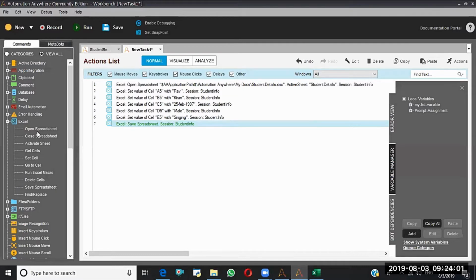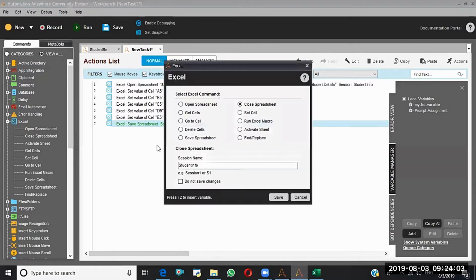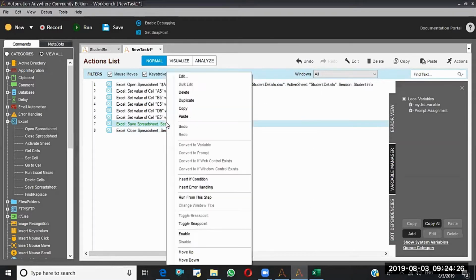Directly, if you call the close spreadsheet, by default, first it will save the sheet, then it will close. But if you want to close the sheet without saving, you have to select this checkbox. If you select this checkbox, do not save the changes, it will close the sheet without saving the changes. If you uncheck this, that means first save the changes, then close. That's about this. So I'm unchecking this because already I'm using save spreadsheet.